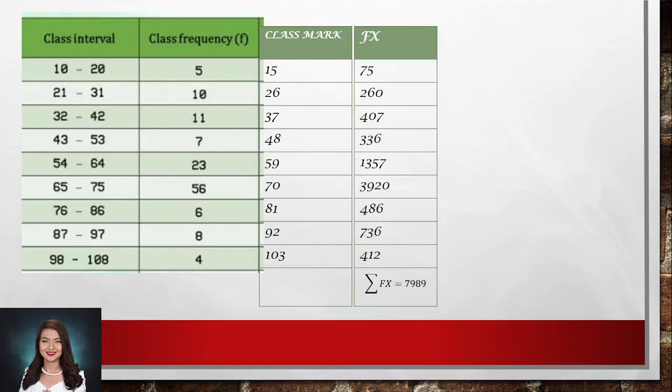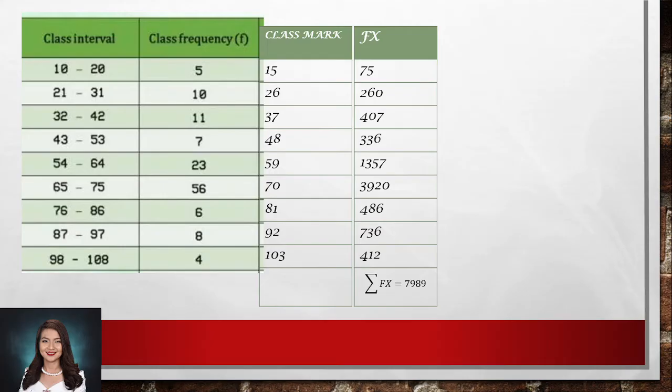If we multiply the class frequency in the first group, 5 multiplied by 15, we get 75. 10 multiplied by 26, we get 260. 11 multiplied by 37, we get 407. 7 multiplied by 48, we get 336. 23 multiplied by 59, we get